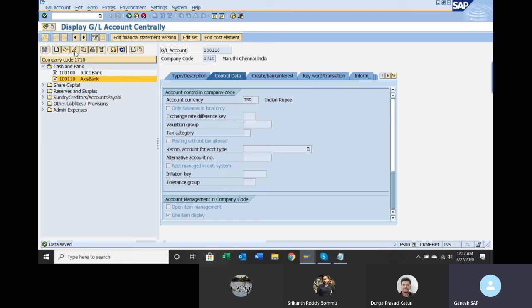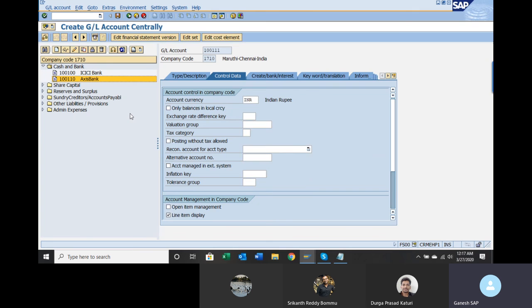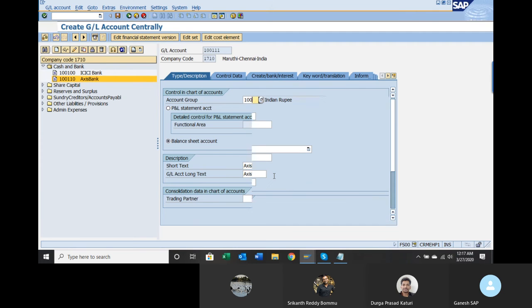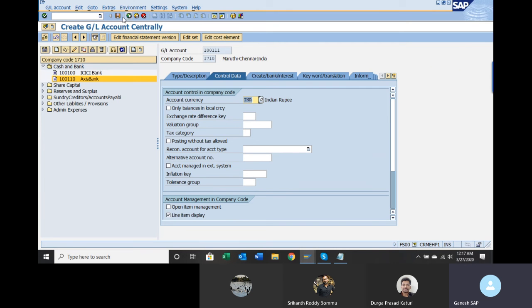So I have to have incoming and outgoing for the same one. So one will be for incoming. Axis Incoming. You can mention clearing upon incoming. Press enter, save it.